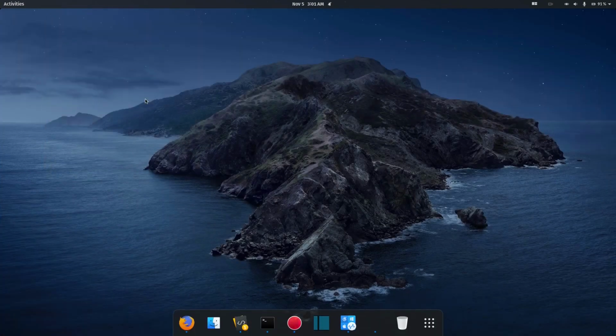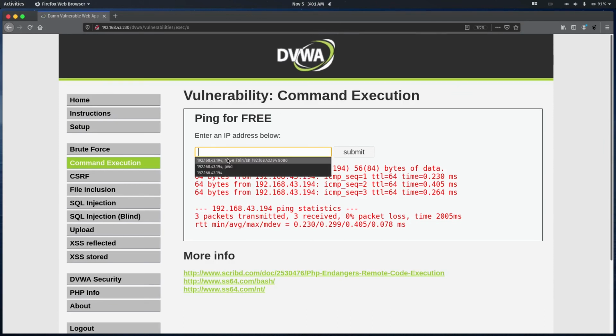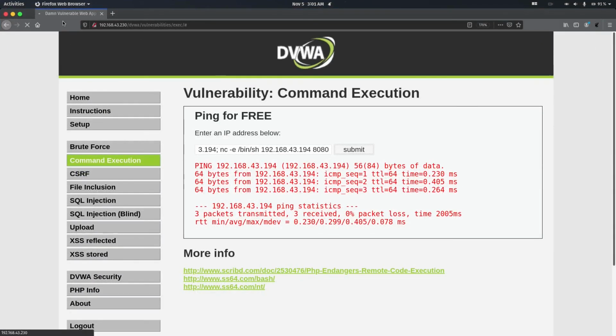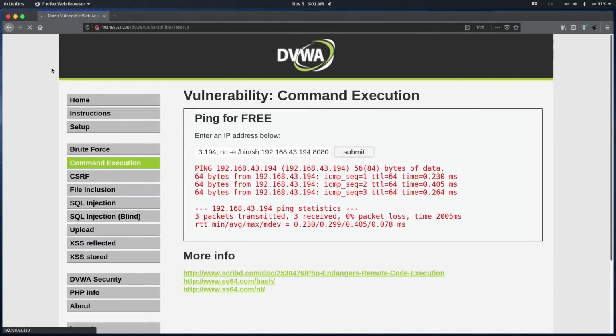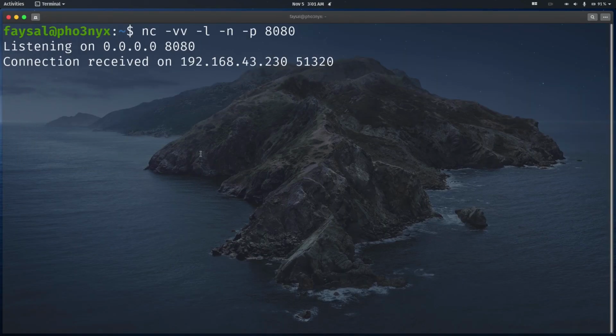Then I'll go back there and run the command that we previously ran here, and try to see whether we'll be able to gain a connection. So I'm going to submit this. All right, so let me go back and see whether I've been able to gain a connection on my Linux terminal. Okay, let me minimize this. All right, so perfect. As you can see, we have been able to gain a connection